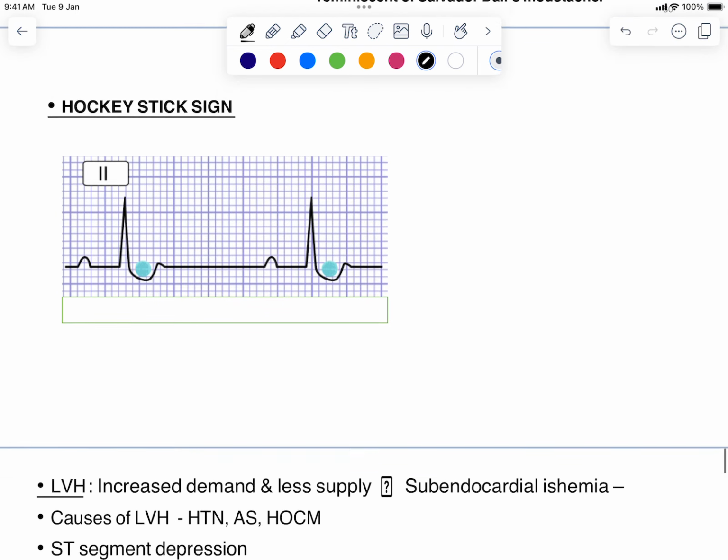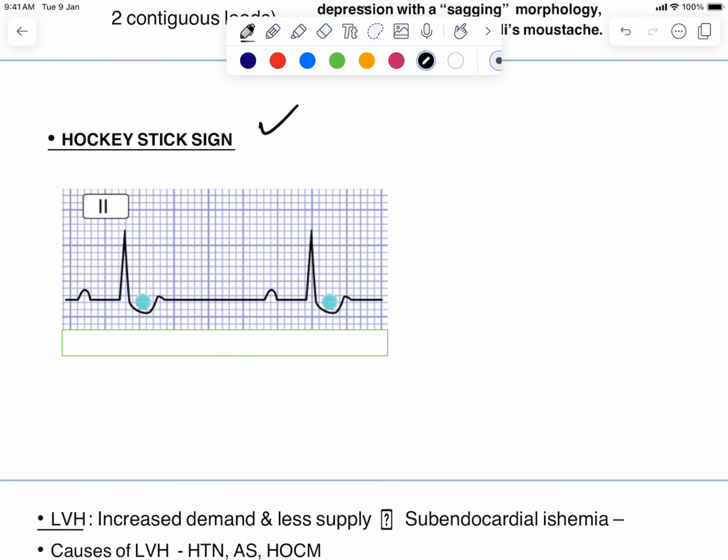Yeah. So this is the hockey stick sign. You can see this. You have the ST segment which is being depressed, and here you can just see a ball, right? Hockey ball. So that is why it is considered as a hockey stick sign, right? In digoxin effect, you have the hockey stick sign, or inverted tick sign, or the inverted mustache sign, or Salvador Dali sign. Whereas in digoxin toxicity,